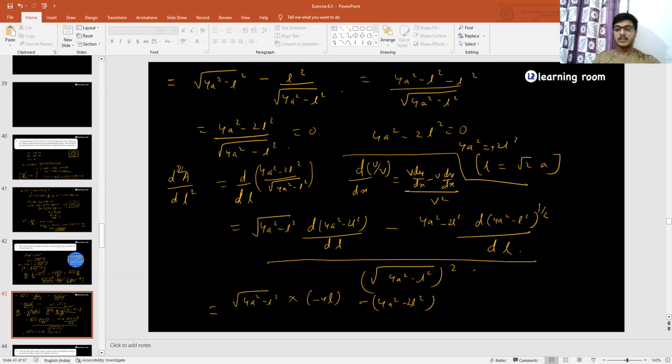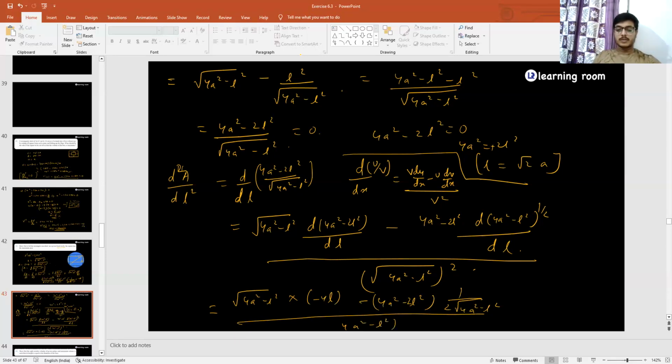We get from here 1 by 2 root under 4a square minus l square, and now we get here 4a square minus l square because the root gets cancelled. So ultimately, when you solve this, you'll be getting minus 12a square l. You have to multiply it from here, and then you get that as denominator,